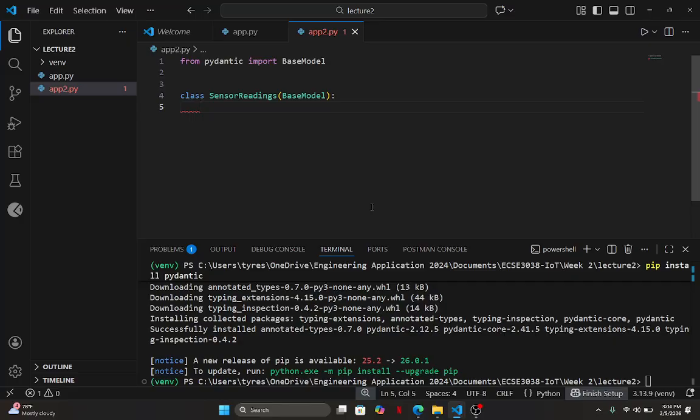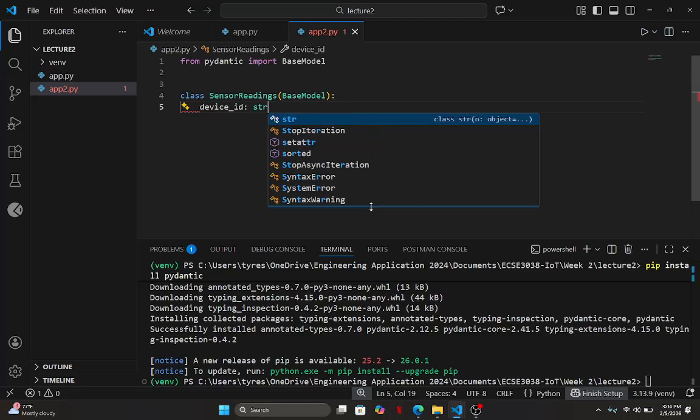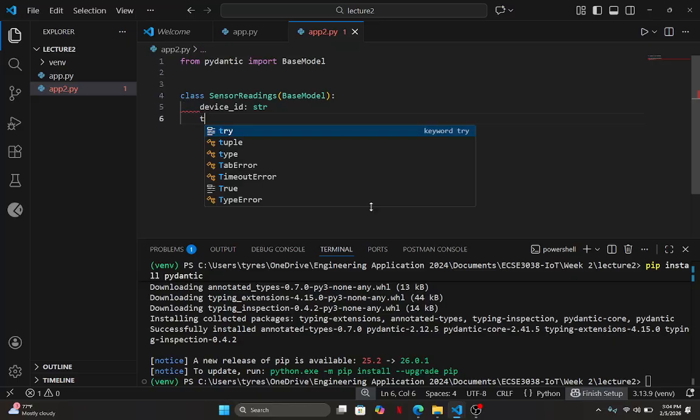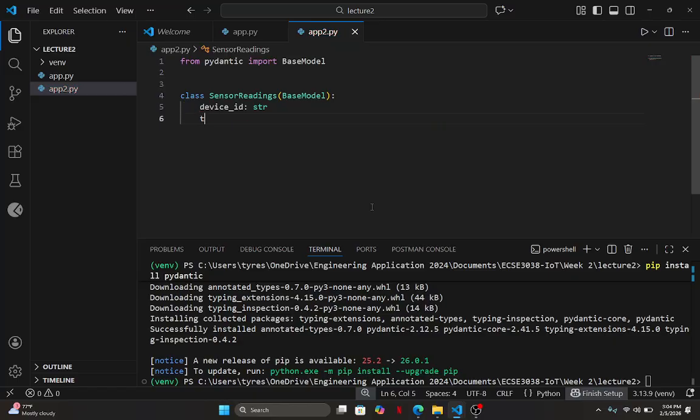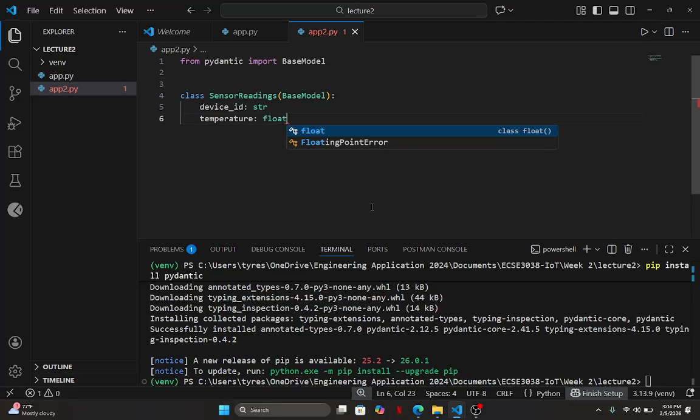All right, so for example, say you have a device with a device ID, and that's going to be a string. Then you're going to maybe want to have a timestamp. Wait, let me not do the timestamp yet, let me do the temperature. What would be the data type for a temperature? Device ID is a string, right? The temperature would be a decimal or a float. Yeah, float. So I'm going to use float.